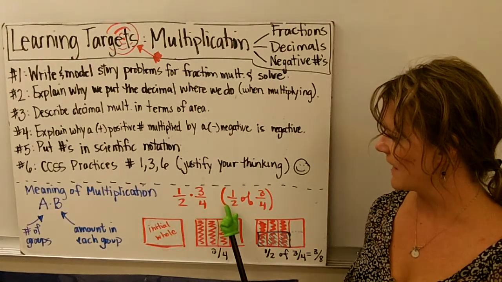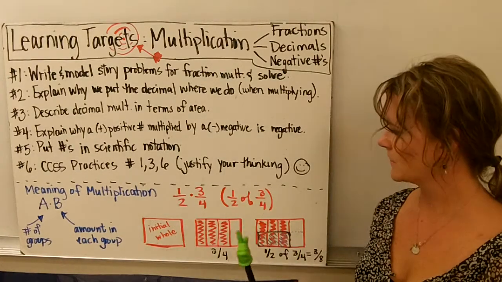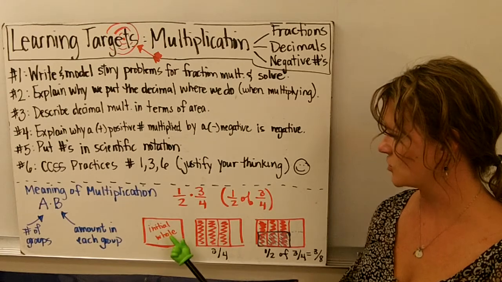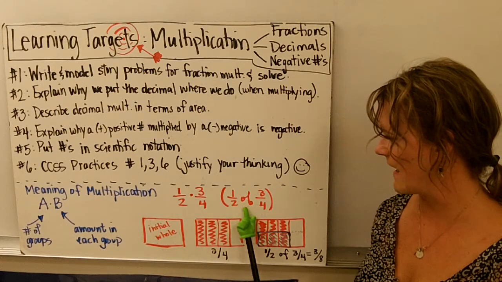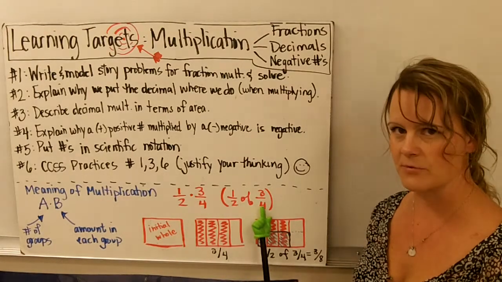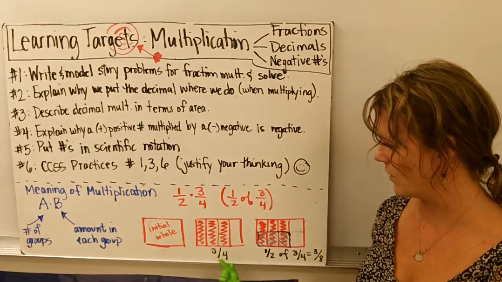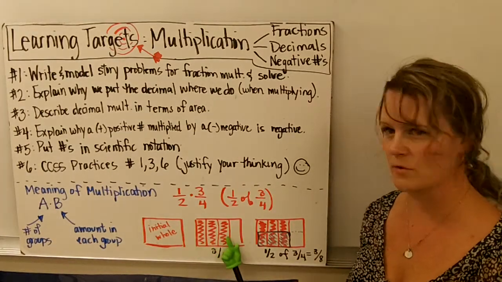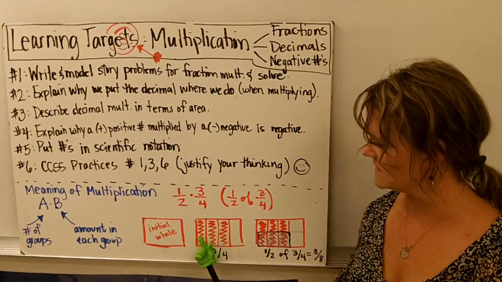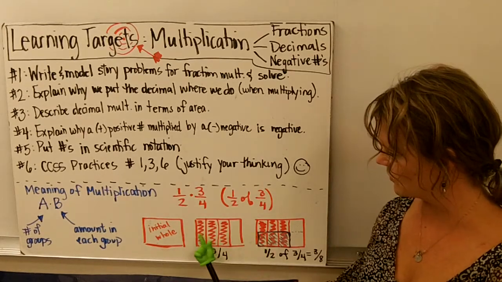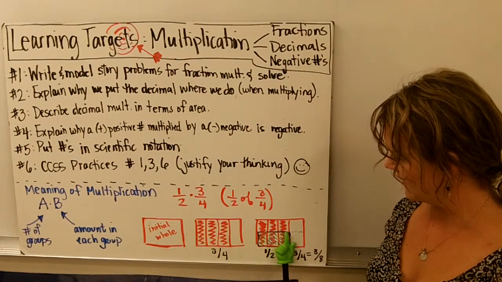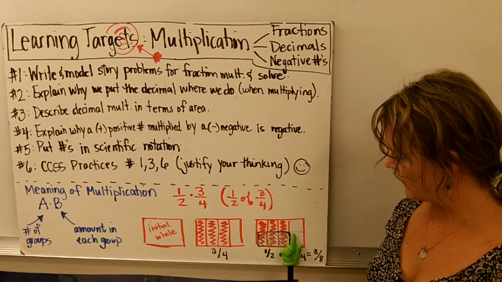If I'm thinking of it as a half of 3/4, then I'm going to want to think of the initial whole to start with, and then I'm taking half of 3/4, and 3/4 is 3/4 of that initial whole. So that's what I've shown here, is 3/4 of that whole. And then I'm going to show that I'm going to take half of that. And so what I did is I took half of that, as you can see here,